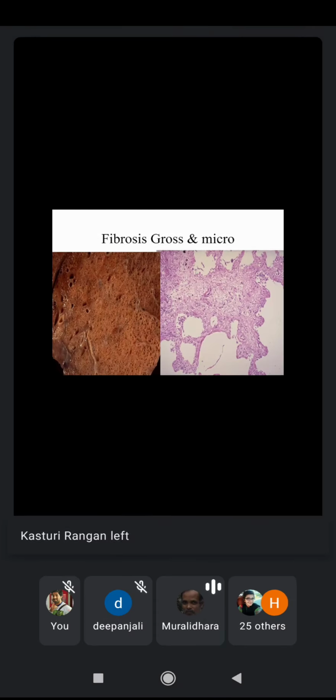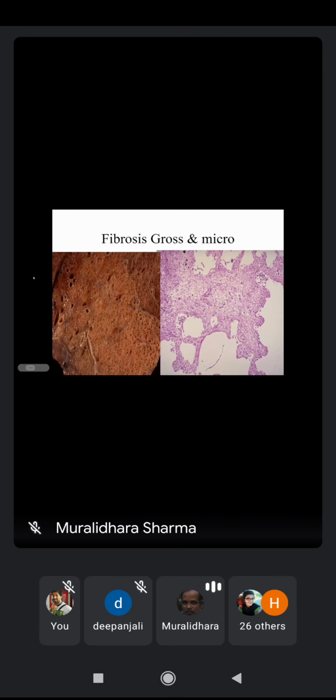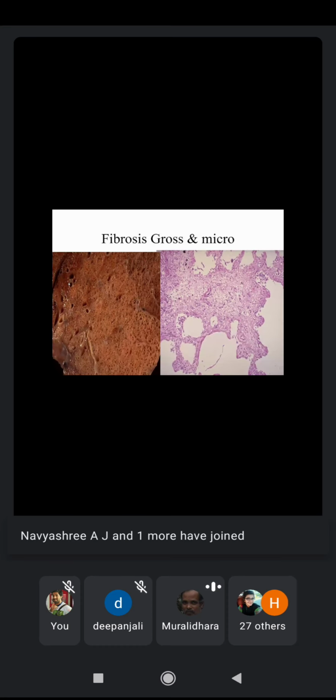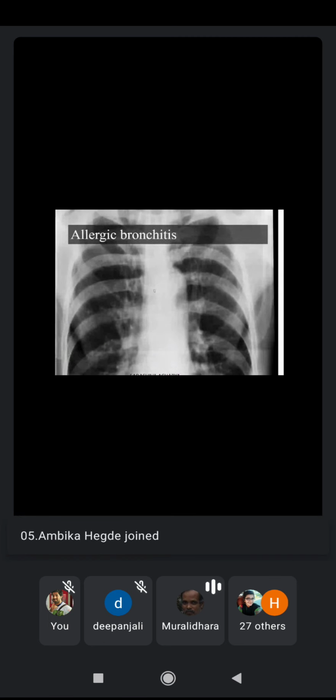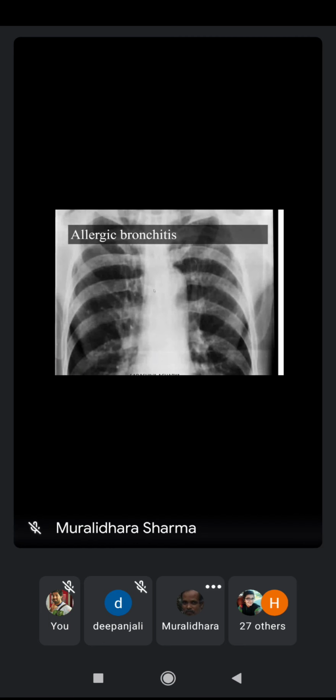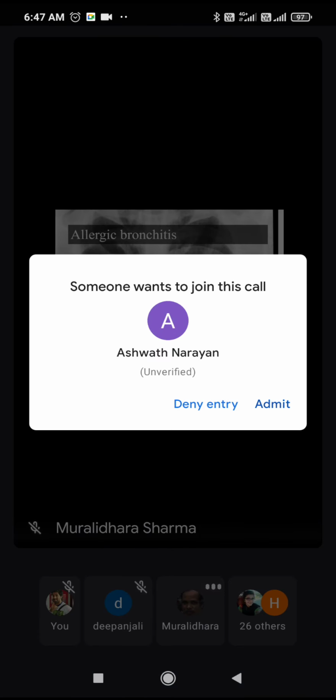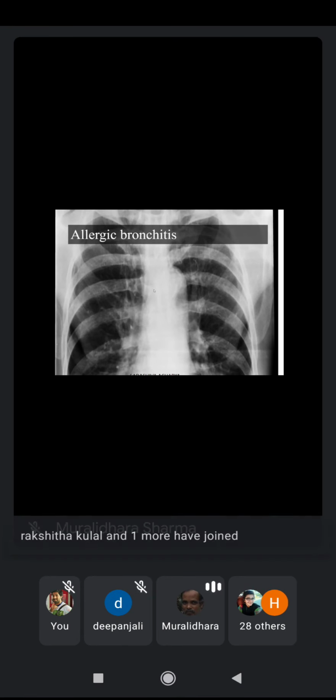Now, once the fibrosis occurs, how do you look at it? The gross normal lung tissue has a spongy appearance, whereas fibrous lung tissue becomes hard. The microscopic appearance is also the same. In fibrosis, there could be some more variations. There is fibrosis occurring due to localized inflammatory pathologies, as well as inflammatory pathology induced by